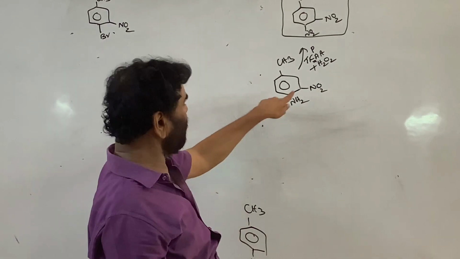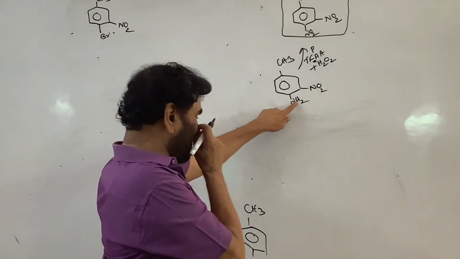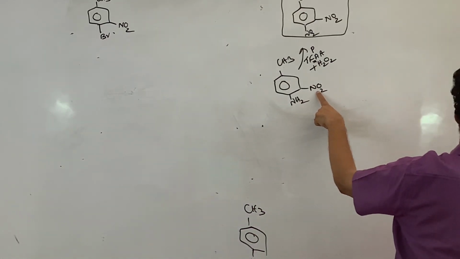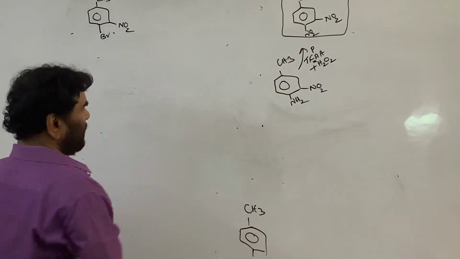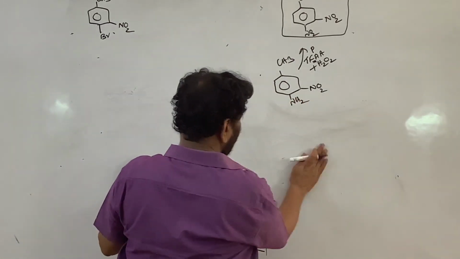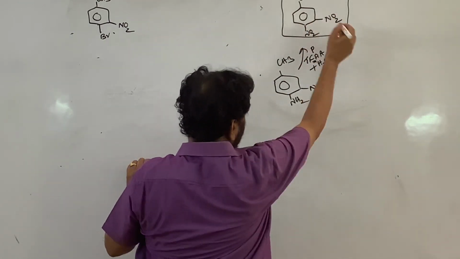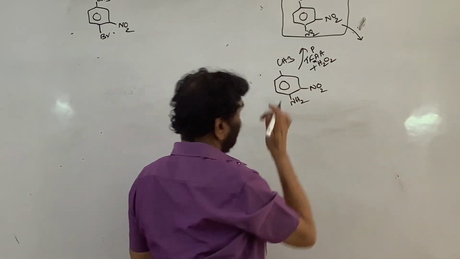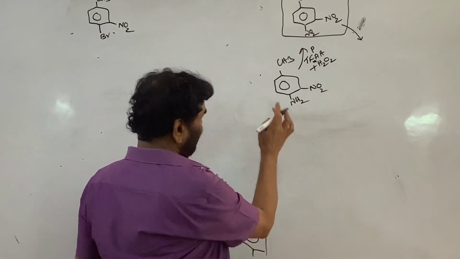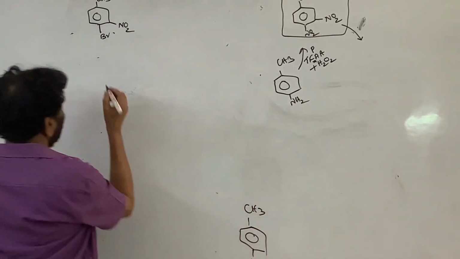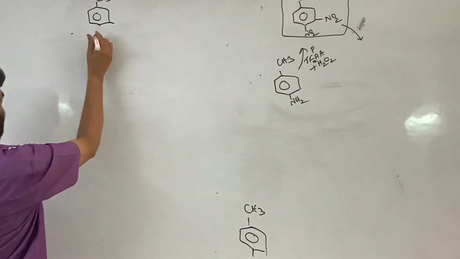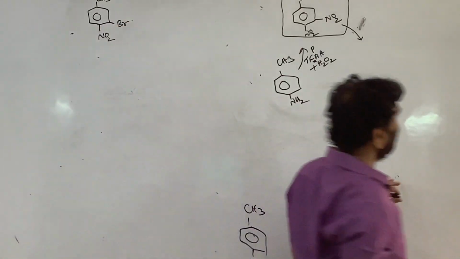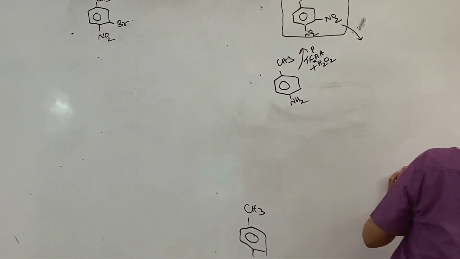Now, first nitro group is introduced, right? Bromine should be where? Here. And this nitro group is introduced, right? And this is converted, again this is now treated with the... so this is, let me write clearly, not this one. This is NO2, this is Br, I think, right? NO2.